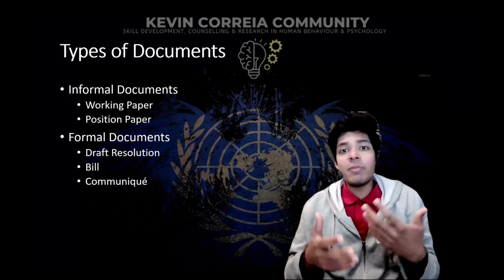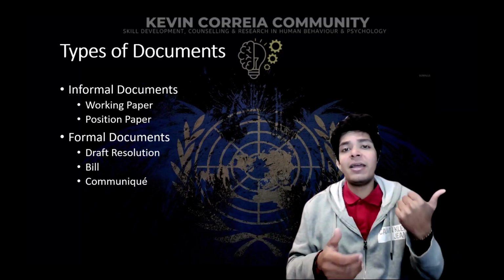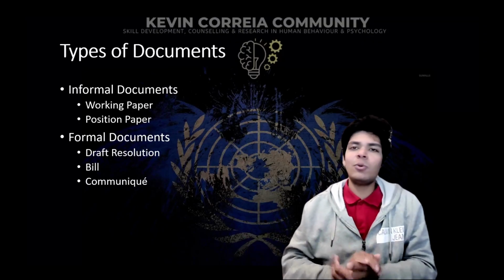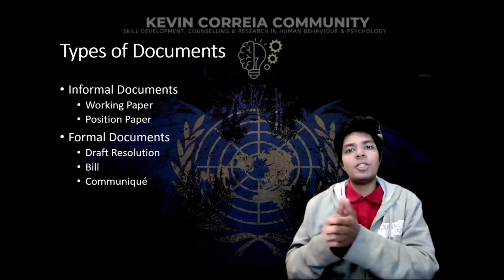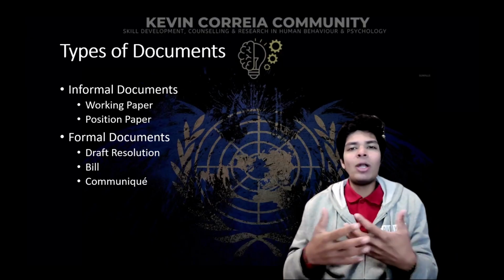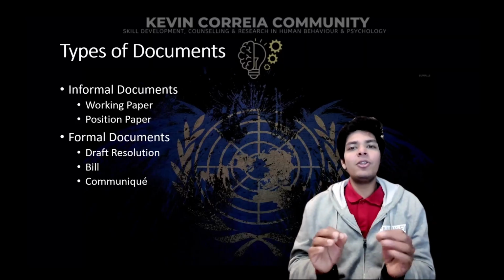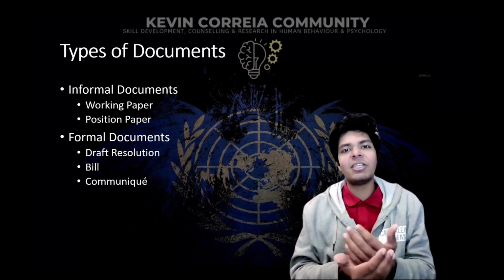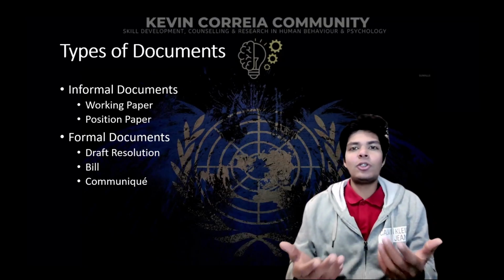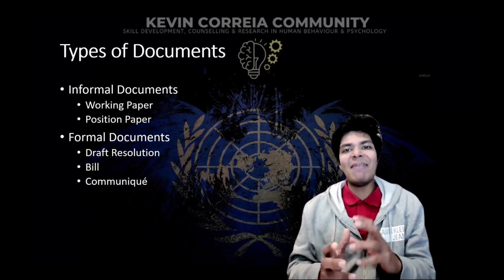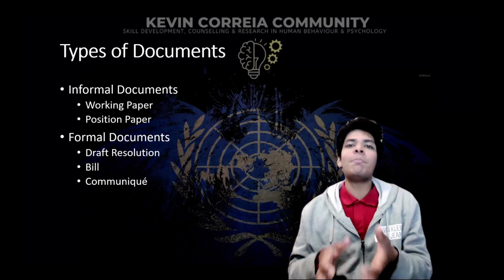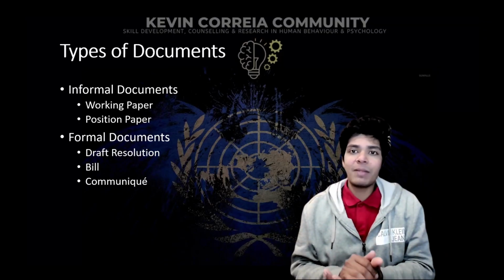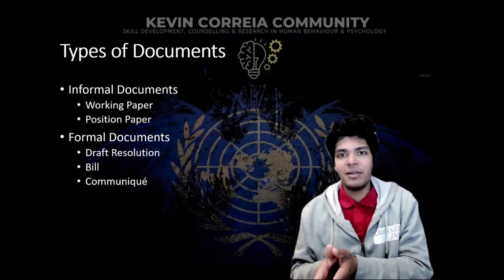Because it's very difficult to remember all the arguments that were spoken on the first day, maybe on the second, third, or fourth day of the Model UN. And that's why you have your working paper. A position paper again does not have a specific format, but the use of a position paper is so that you can mention your stance and your research and your ideas and present that to the executive board so that they have an idea to evaluate what was your mindset before you actually came to the MUN. And again, it does not have any specific format, and therefore it is not a formal document.